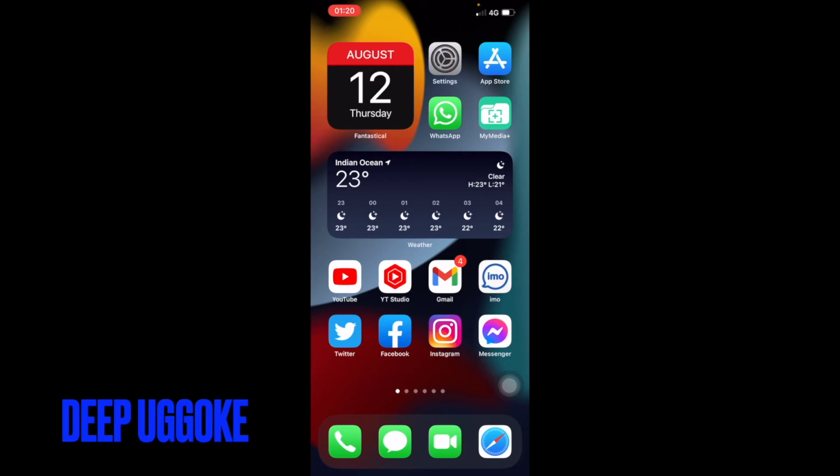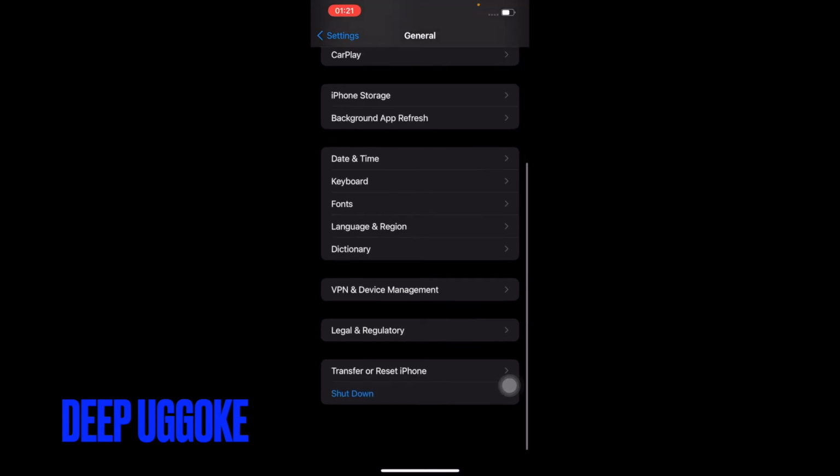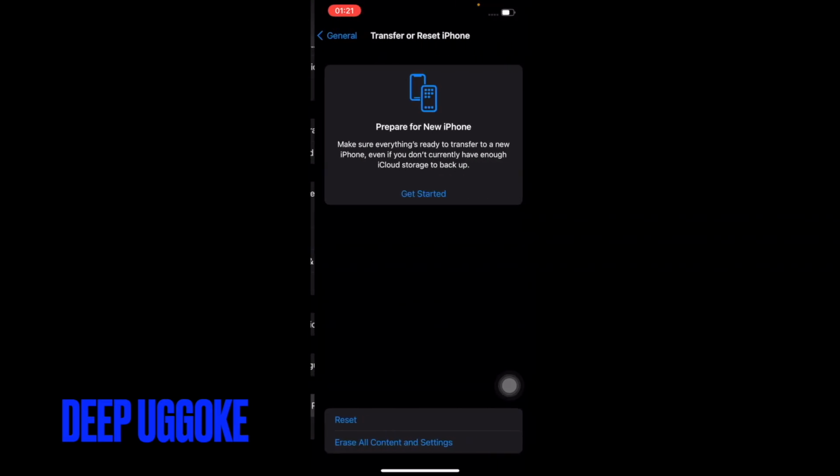It doesn't matter whether you have sufficient storage in your iCloud or not, but at the time of shifting, Apple will give us sufficient space in iCloud for 21 days so that you can save all of your data from your old iPhone in iCloud, and then shift it to the new iPhone. So what you have to do is go to the Settings app, go to General, and go all the way down. The second last option you can see is Transfer or Reset iPhone, so tap onto this one.